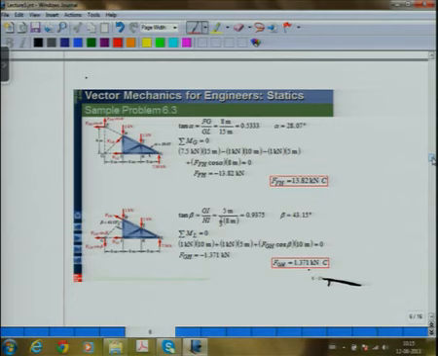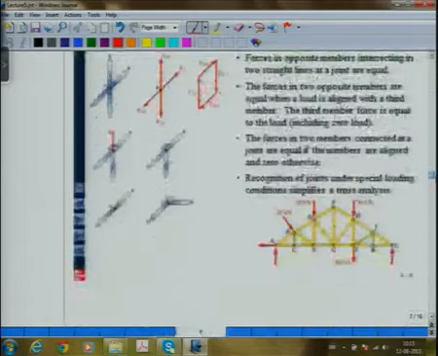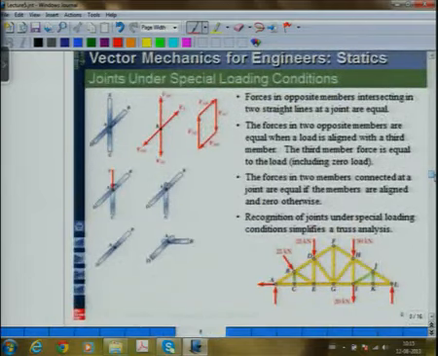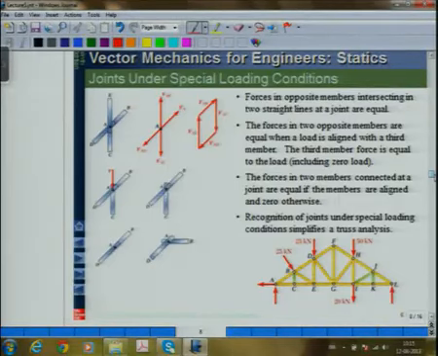Now, there is one more thing which we have in trusses, and this is something which I would like you to really think about. There are certain special conditions where, by just looking at the truss and looking at the loading, you can predict forces in some members without doing any actual calculations. And the first of these cases, I will draw this also,